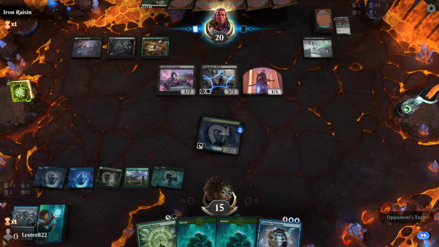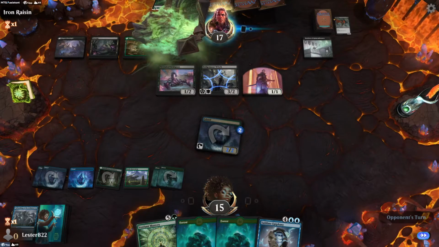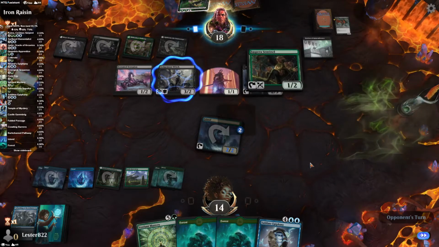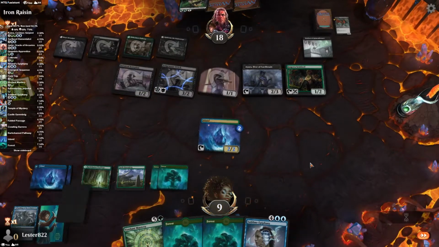Let me pull up MTG Arena Assistant, or MTGA Assistant. Let's see, what are our odds of pulling Jadzi? We have a 10% chance of drawing her. That would be pretty nice right about now. We don't have any board wipes in the deck, which is unfortunate, but...